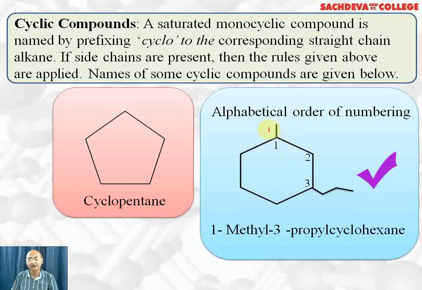Here, now we have got 2 alkyl groups attached to the cyclohexane. One is a methyl group, another is a propyl group. So, alphabetical preference has to be given. We'll call it 1-methyl-3-propylcyclohexane. At the first carbon, the methyl group is attached, so we have written 1-methyl. At the third carbon, the propyl group is attached, so we have written 3-propyl. And cyclohexane is the parent. So we have named the alkyl groups alphabetically.